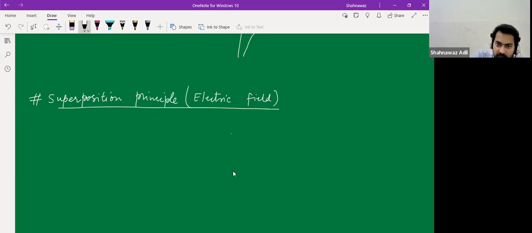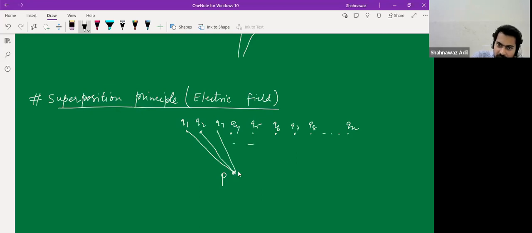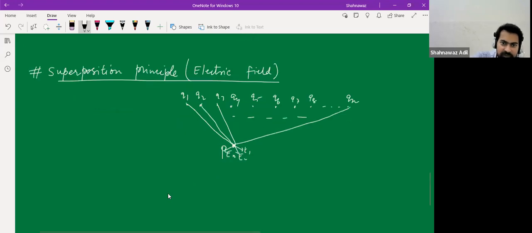Okay, so let's say you have this point, and these are the multiple charges. So this one, Q1, Q2, Q3, Q4, Q5, Q6, Q7, Q8, Qn. So this is E1, E2, and similarly En. Okay, so the net electric field would be,